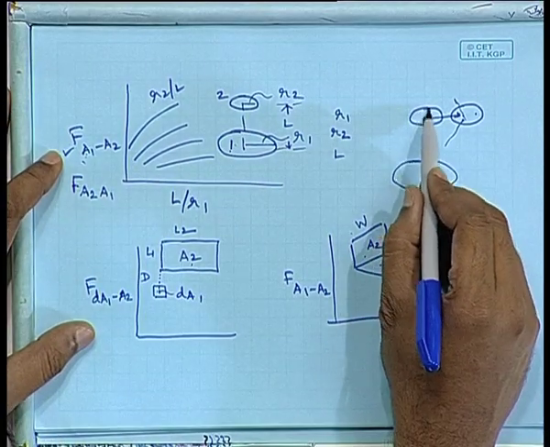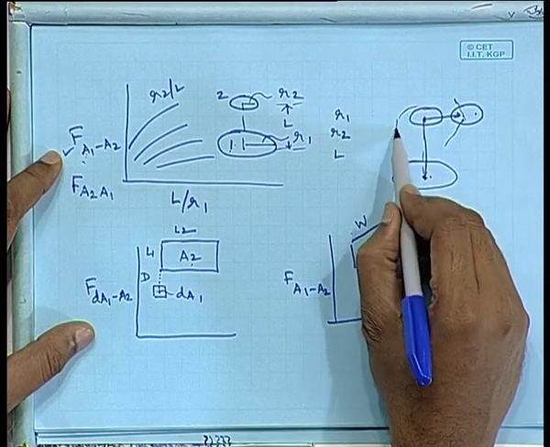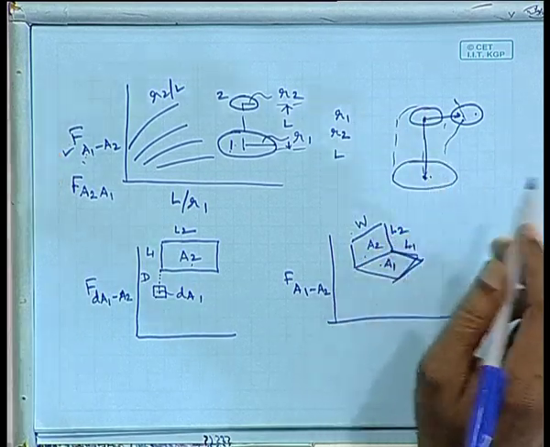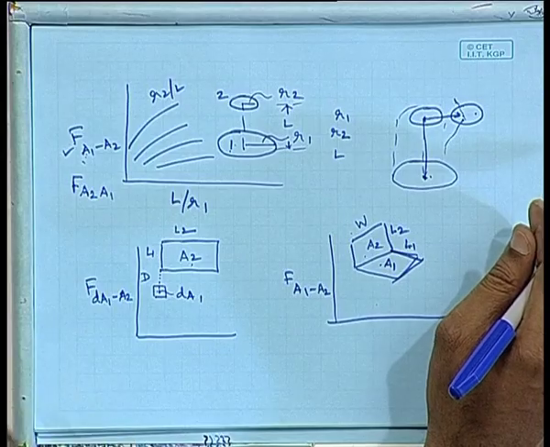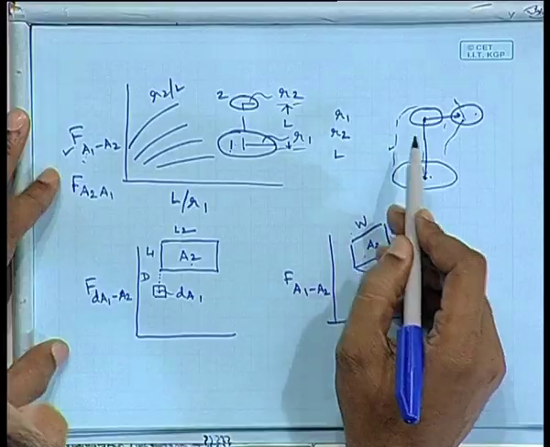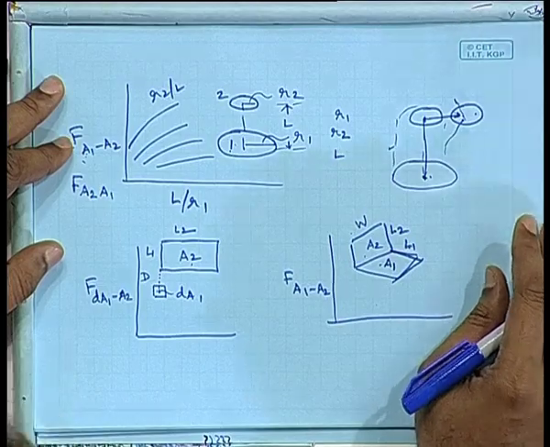Now, if these two radii are equal and if you connect it with a third surface, then it is a cylindrical furnace. So, we are going to deal with those cases as well. Two circles, and the two circular areas are enclosed by another surface, which is just a cylinder. Okay. So, these are the things which we will do in the next class,